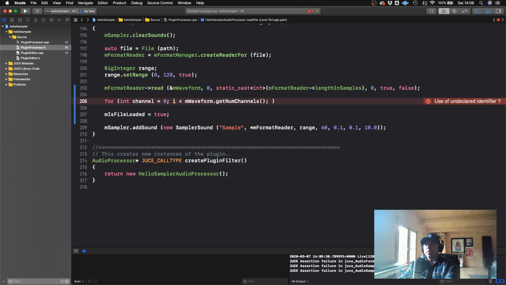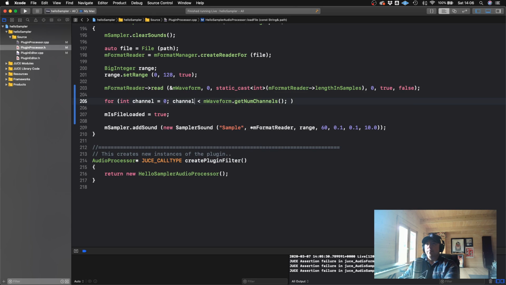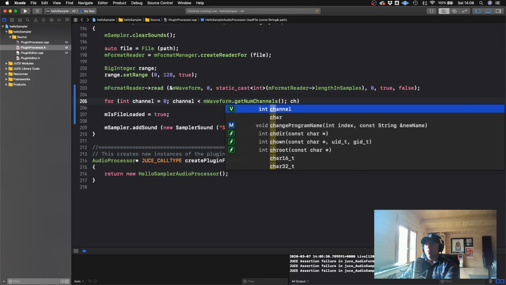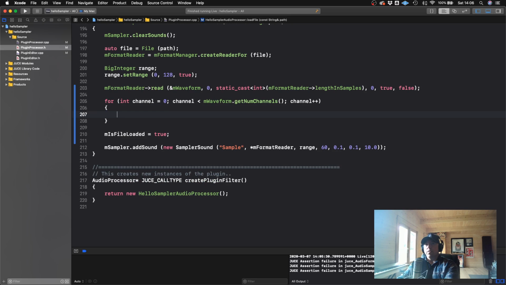Yeah, I just did get read pointer. Yeah, but I was reading through that every sample. So I have to go through all the channels and then all the samples. Then I have auto sample. This needs to be a pointer equals